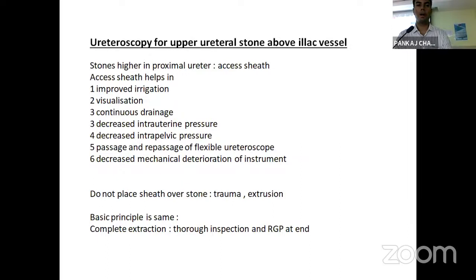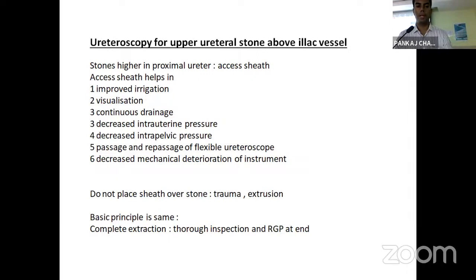Ureteroscopy for upper ureteral stone above the iliac vessel. For stones higher in the proximal ureter, an access sheath can be used. The access sheath helps in improved irrigation, visualization, continuous drainage, decreased intraureteral pressure, decreased intrapelvic pressure,